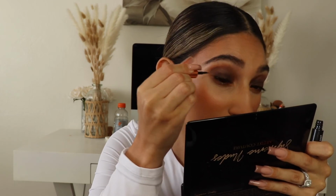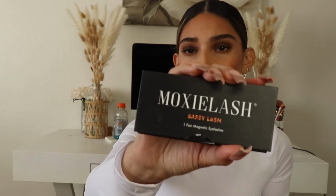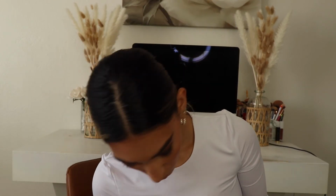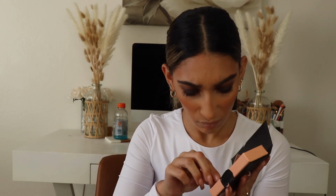Oh, I don't like how it's getting on my natural lashes. It's very goopy kind of. This brand is from Moxie Lash, and this is the Sassy Lash. That's weird. I don't like how this is gliding on at all. It just feels weird. Granted, it's my first time using magnetic lashes, but